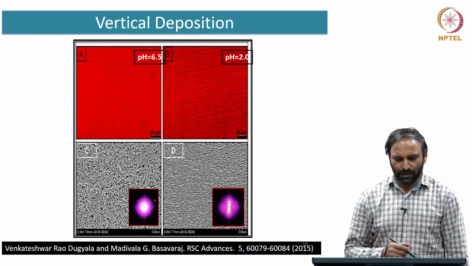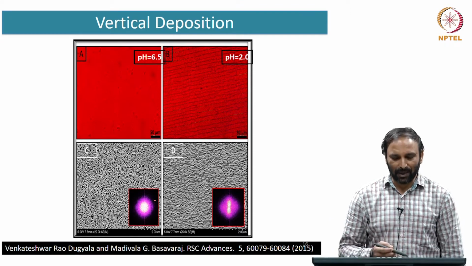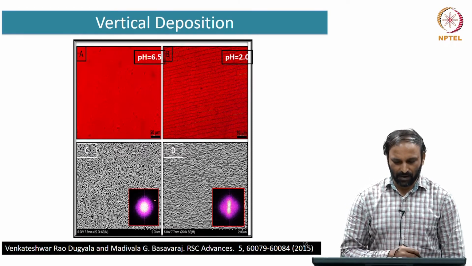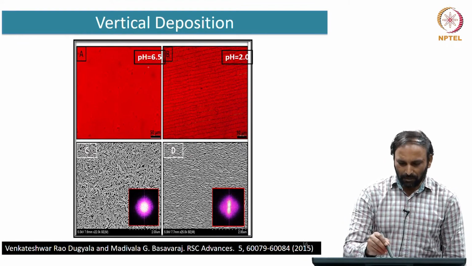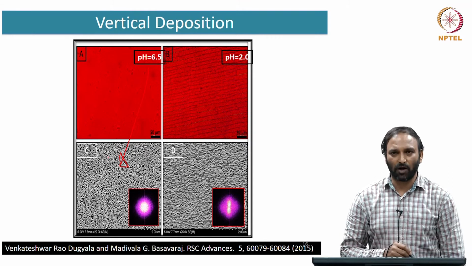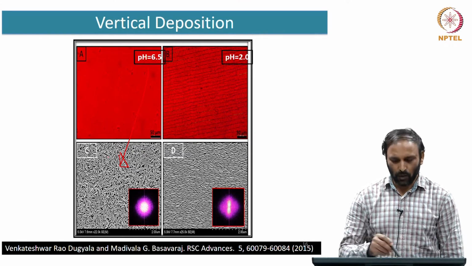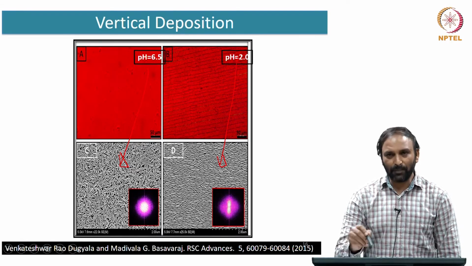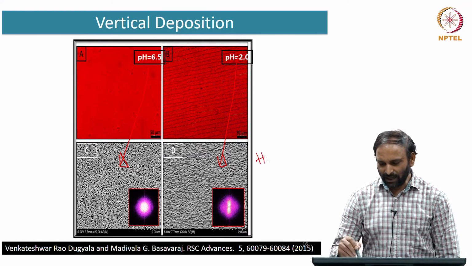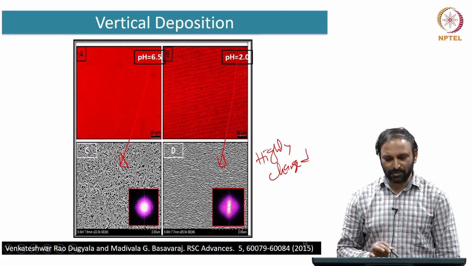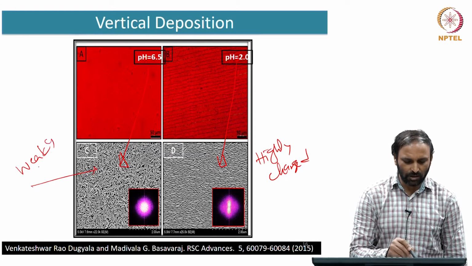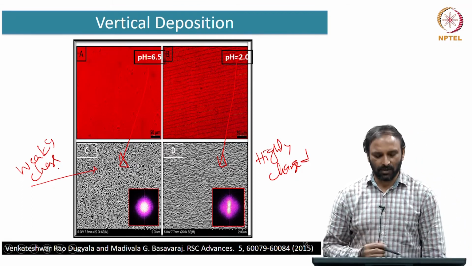So, after the deposition, if you look at the glass slides under a microscope, you will see that the sample appears reddish brown because these are again iron oxide particles. However, if you look at the microstructure or the arrangement of particles on the substrate, it looks very different when the pH is 6.5 versus when the pH is 2. When the pH is 2, because the particles are highly charged, you have a more ordered arrangement of particles on the substrate. However, when the pH is 6.5, that is weakly charged particles, there is a random arrangement of particles on the